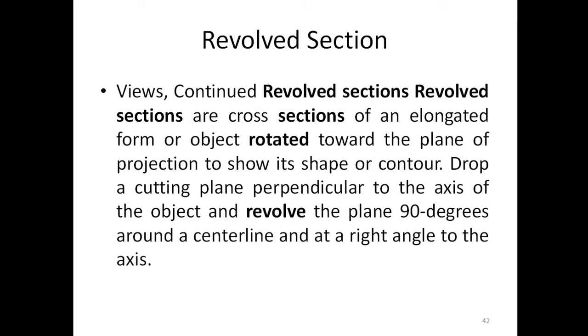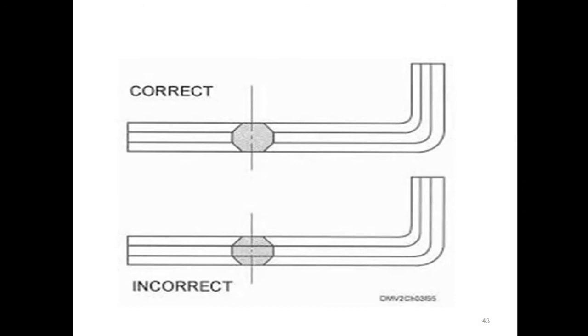Now, the cutting plane is taken perpendicular to the axis of the object and revolved 90 degrees around a center line. The center line is there, and along that you have to rotate that cutting plane by 90 degrees and at a right angle to the axis to draw the revolved section. It is one of the examples in which